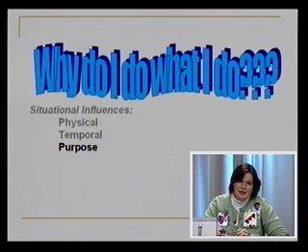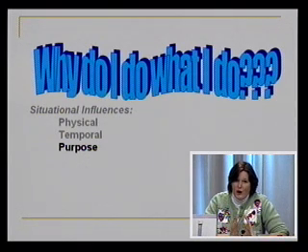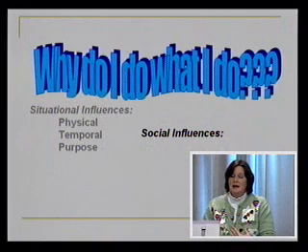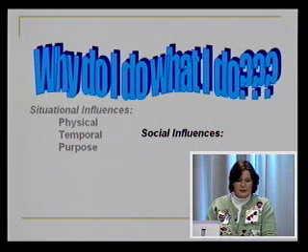But if I'm having guests over for dinner, I'm going to go to a wine store. I'm going to get a salesperson to help me. I'm going to describe the menu. I'm going to spend more money, put a lot more effort into it. Why? The purpose has changed. And so the example I just gave you involved other people. So not only is the situation different, but we have other people involved, which leads us into our next category of external influences, and that is the social influences.